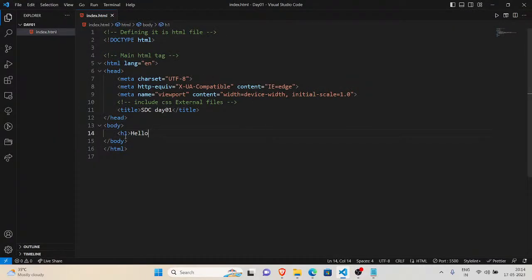HTML is going to consider, since we haven't put any closing h1 tag, that starting from here onwards after the start tag, every content will be inside the h1 tag. That includes the closing tags of these two elements, body and HTML.